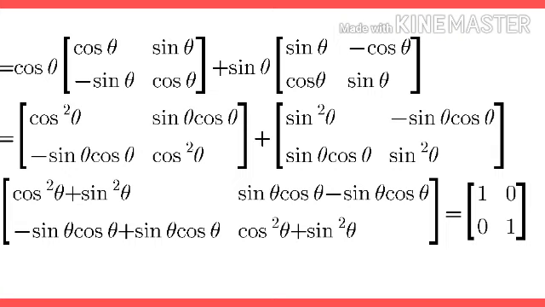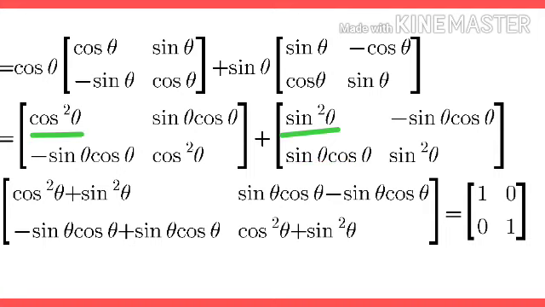the same as this matrix also multiplied by sin theta. So every element of this matrix will be multiplied by sin theta, and you will get the answer like this: sin square theta, sin theta cos theta. Now we will find the sum of these two matrices.